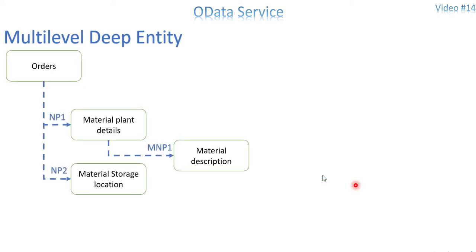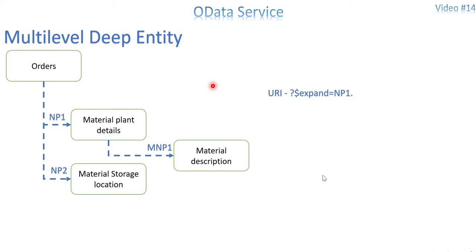Yeah, this is one example. So my entity, and the navigation property names are navigation property 1, navigation property 2, and this is a multi-level navigation property, some name, okay, just for reference. So the URI would be, the first thing, URI equal to NP1. What happens if your URI looks like this, then orders and material plant detail will populate, okay, in the